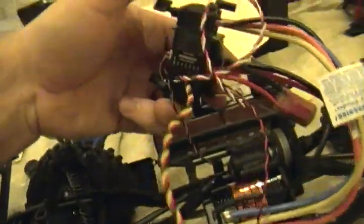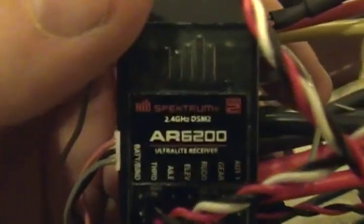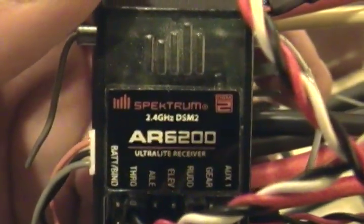The servo, now like I said, this is an airplane receiver. Spektrum AR6200 ultralight receiver. I have the steering servo run to the rudder control input, and then I have the speed controller going to the, see if I can see this here, throttle,